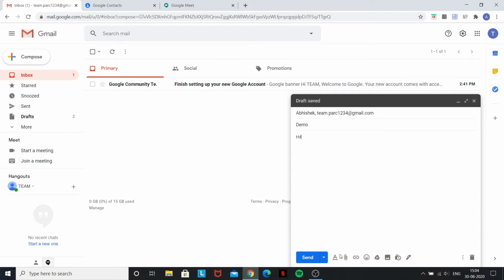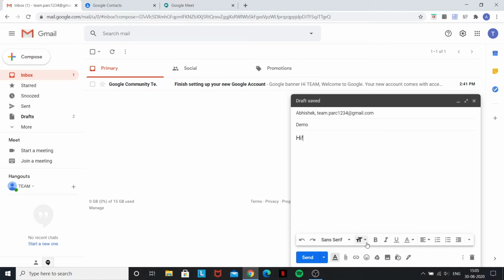So at the bottom there are multiple options. The first tool is text formatting. So you can choose the size of your text. So as you can see, it changed it. So right now I'm just going to make it large, type hi. This allows you to choose your fonts.